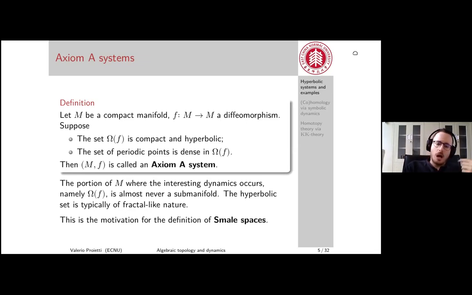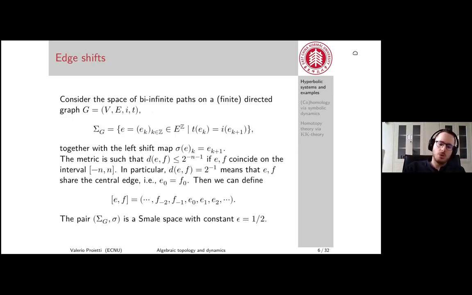So I'm going to go through a series of examples here to show you what kind of variety we can get. For each of them, we will start from dimension 0 and work our way up to dimension 2. And for each of them, I like to emphasize the local structure and the hyperbolic nature that we can see in these examples. The first one should be familiar to people who know symbolic dynamics. It's going to be the shifts of finite type. I call them here edge shifts